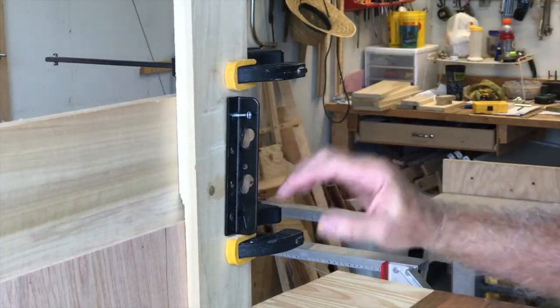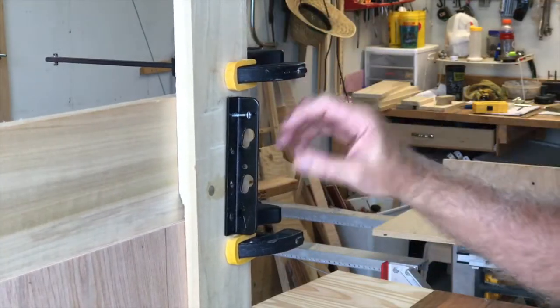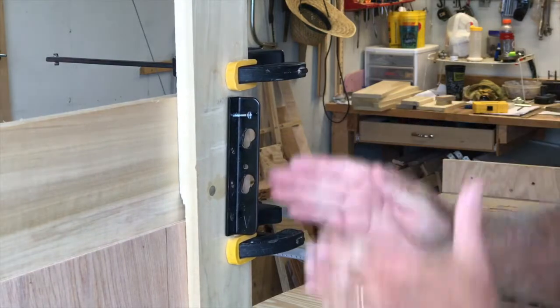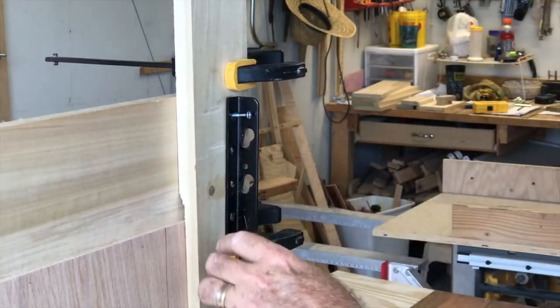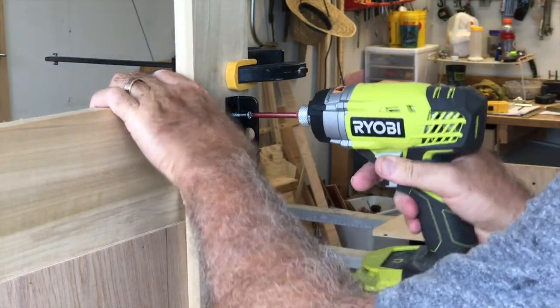In positioning this, I use my clamps to hold the board up in the right spot there, and then I pre-drill the holes in here. So now all I'm going to do is put